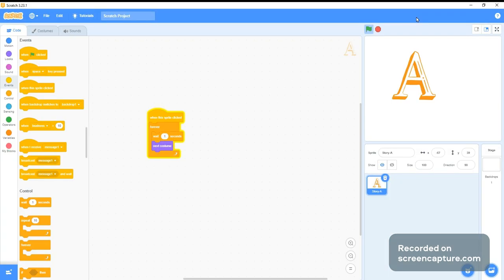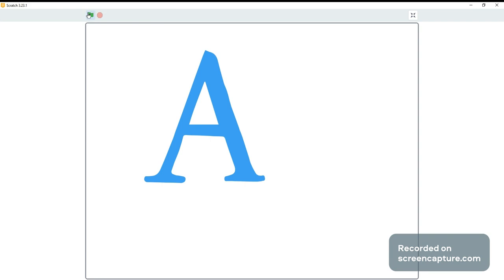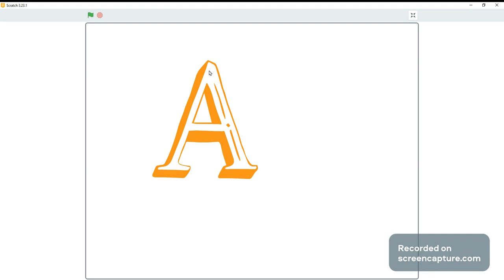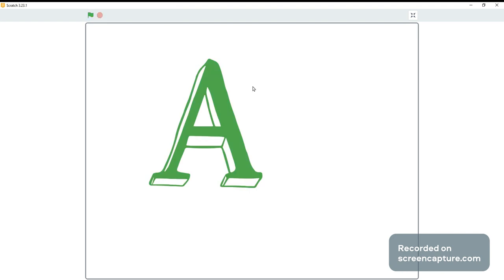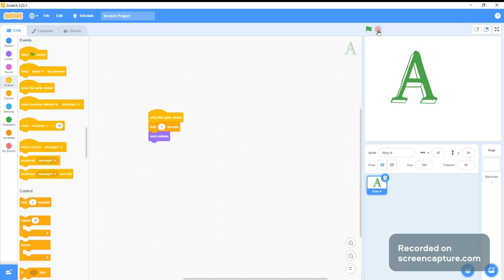look, it's moving. But we don't want this. Just delete the script, so it doesn't need it. When I click the mouse, it changes the color. Click, click, click. Okay. Now we have two different types of animations,